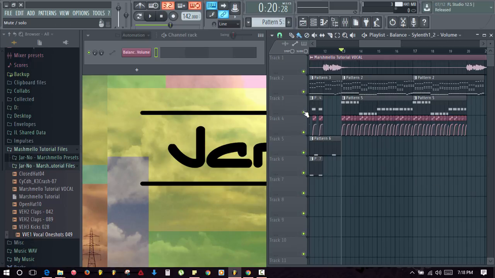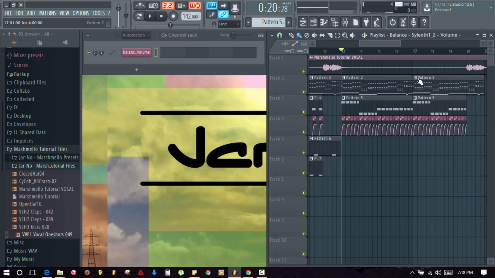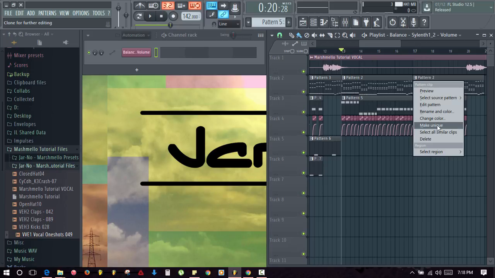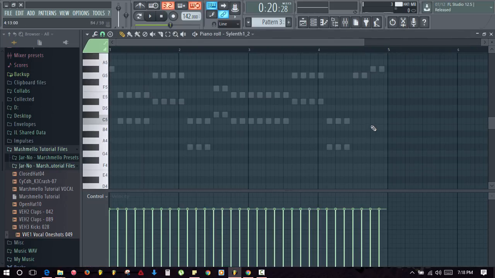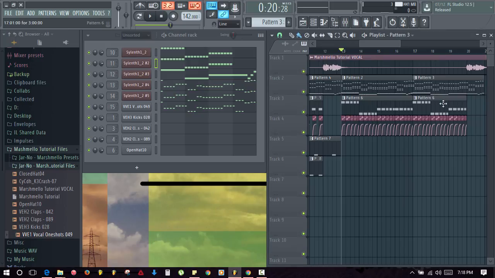Then we should get, without the kicks, which sounds strange with the kick. Okay, and then again we're going to go with that pattern 2, and we're going to make a unique and get rid of those last 4 bass notes so that we have the nice finish on our track. Drag that through as well. So then we get